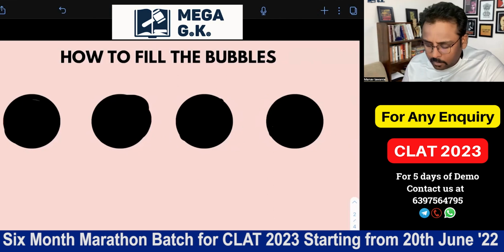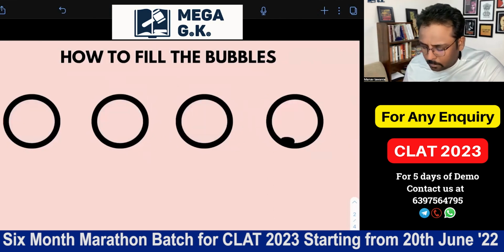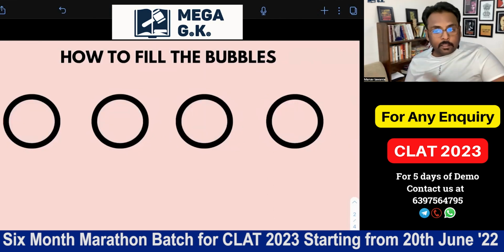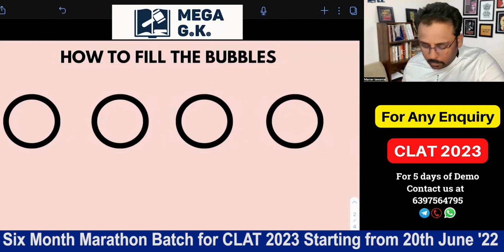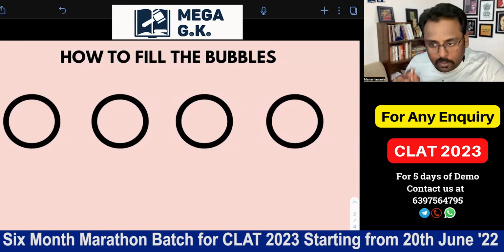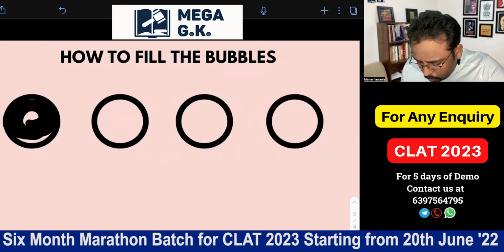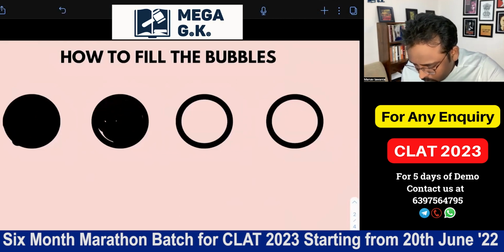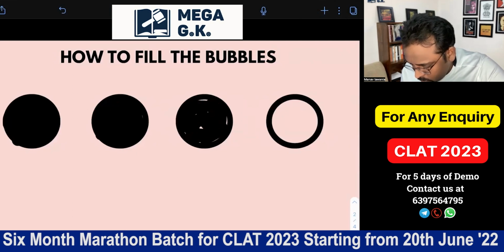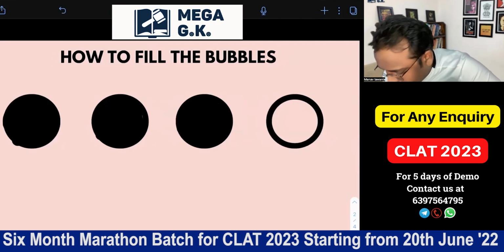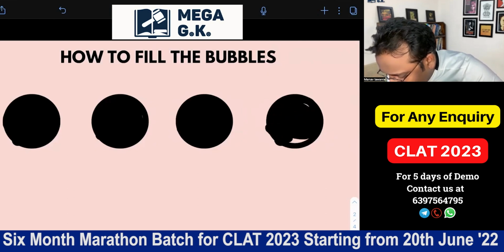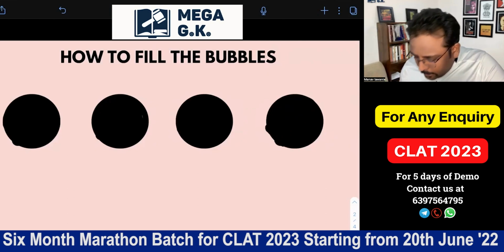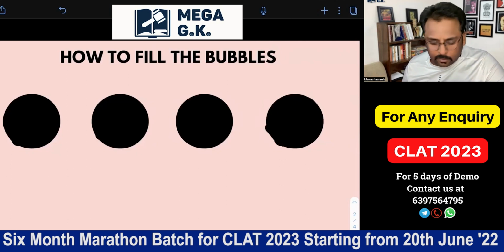Let me take one by one, and I will fill all the 4 circles with a single technique, so that we can see how the speed is going. So first I'll use the center to outer technique. For the 4 bubbles I use center to outer. Here goes the center to outer. This one, this one, this one. Sometimes when it leaves some area, it is a bit anxious for us, wondering how quickly it will get filled. So this is center to outer.